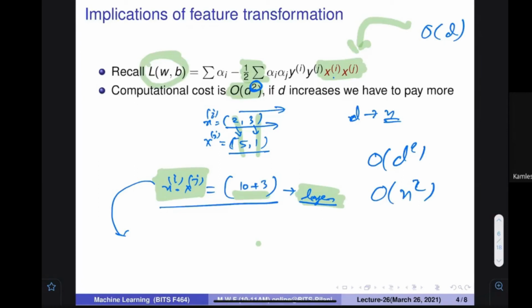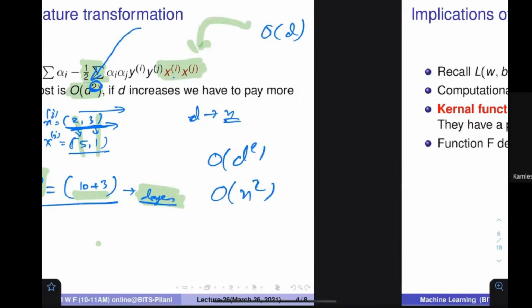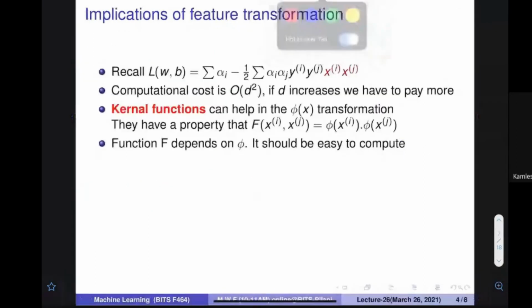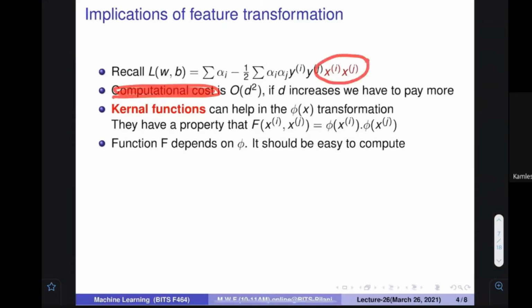I would check it once again. Do you have any idea why it is written d square? Looks like it's a typing mistake. So let me recheck. But for now it looks like that, because d items are there, so d multiplications would be there. It would take order of d time. So till now I wanted to tell you that if two data points are there and you want to find their similarity, this particular quantity, you have to invest order of d time. Make sense?